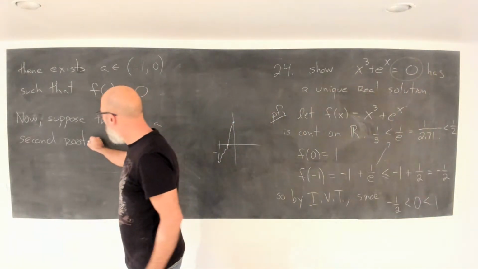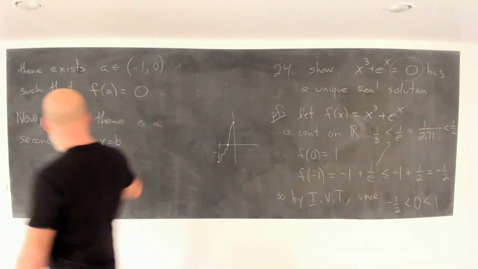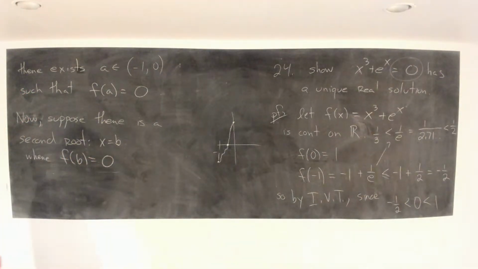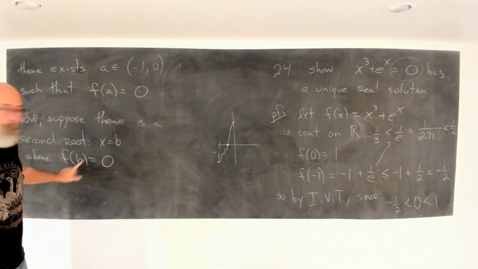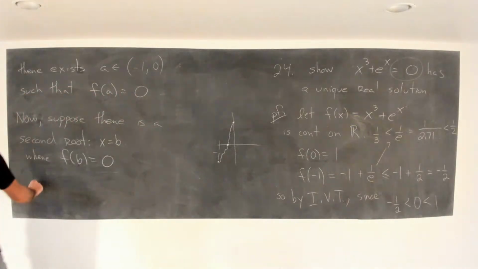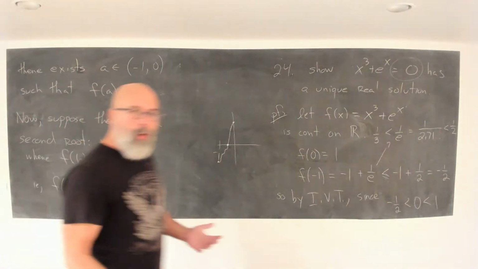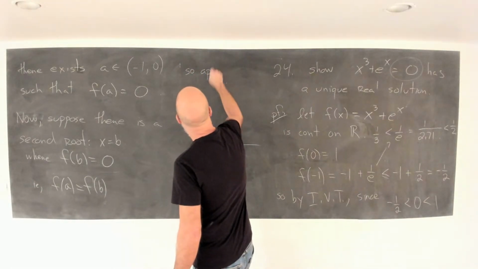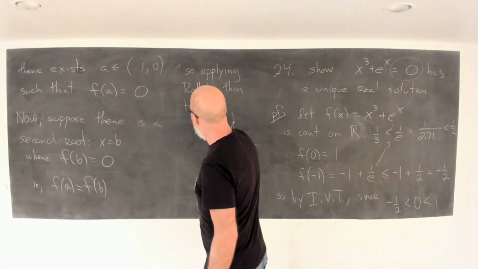Suppose there's a second root. Suppose there is a second root, x equals b, where f of b is 0. So you see now you're in a Rolle's theorem kind of situation. F of a and f of b are equal. So by Rolle's theorem, applying Rolle's theorem to the interval AB